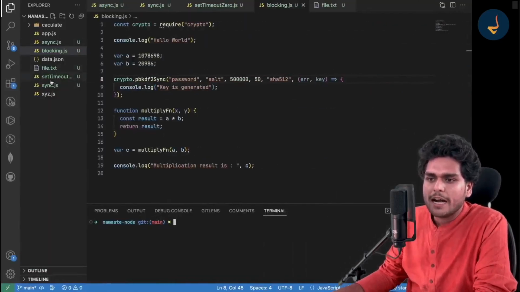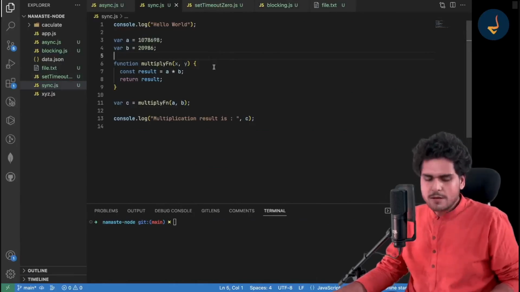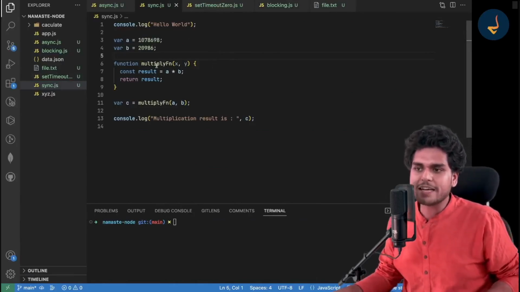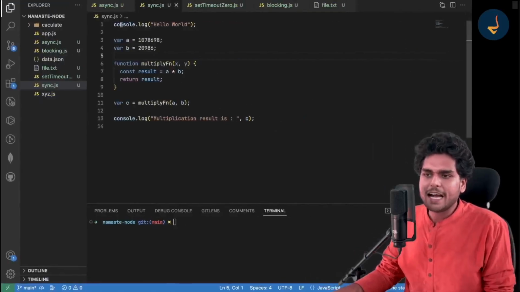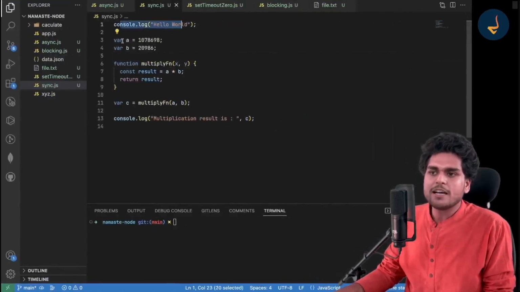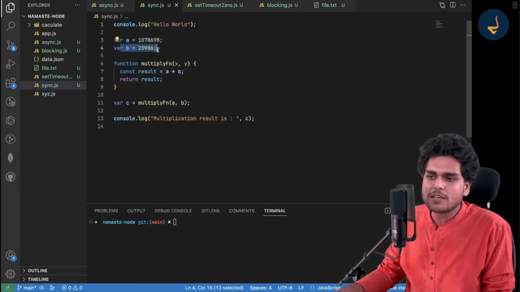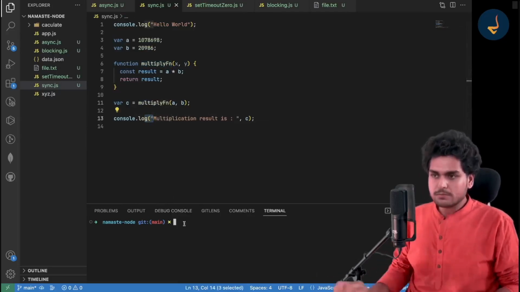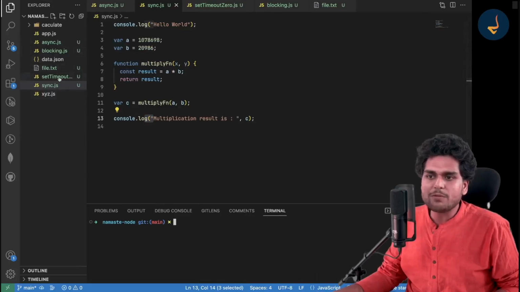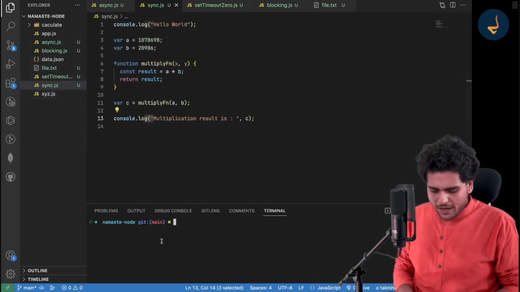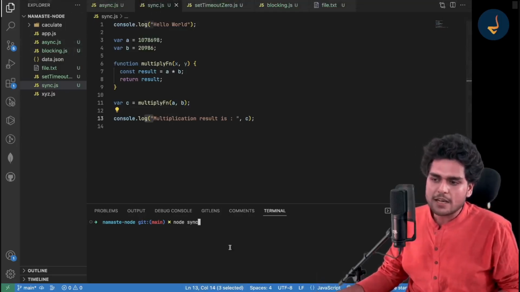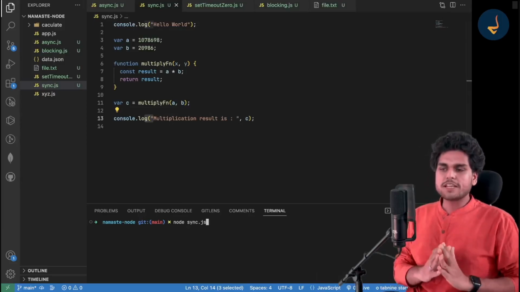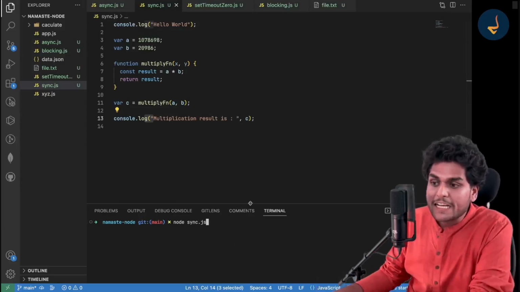Let me go back, and here I have already written this code. This is the same code over here. I have written console log of hello world, and a is equal to this, b is equal to this, and multiply. I have created multiple files to show you code demos. So if I do node and the file name, sync.js, to show synchronous code, now when I hit enter,